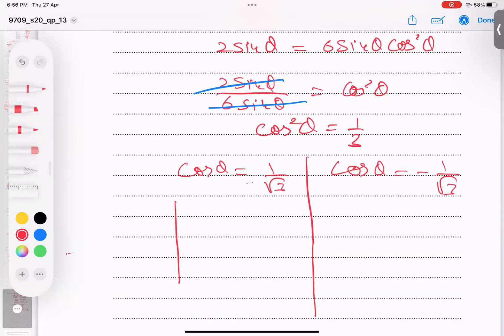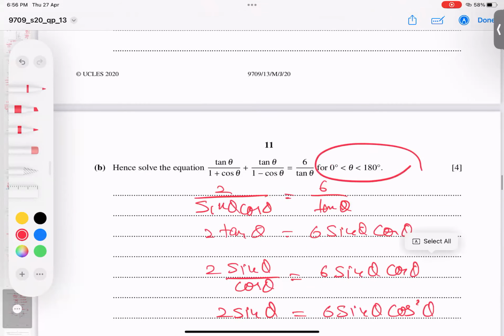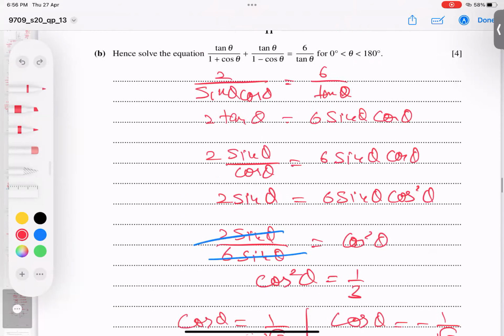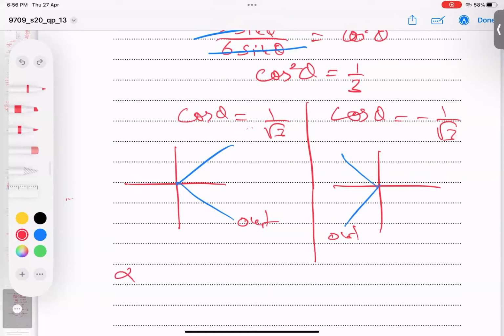So let's see. And now I make a cross and a cross. Cos is positive, according to CAST property, in first and fourth and negative in second and third. But for your knowledge, this is also out. Why? Because we need our first 2 quadrants only. So first 2 quadrants only we're looking for. So it means what is the principal angle? Cos goes there. Principal angle I find it. It's called principal angle. So this is giving us